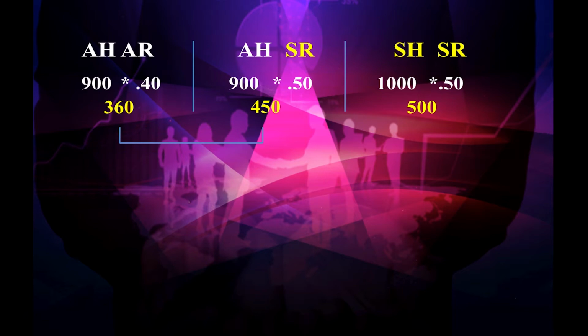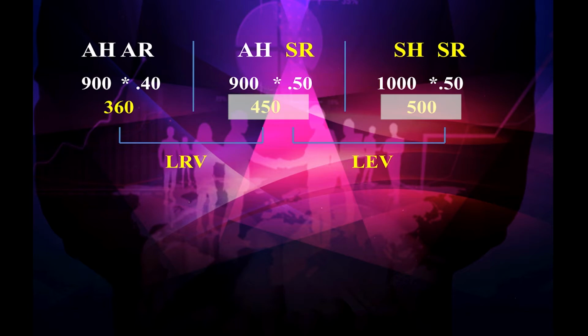The difference between the title of the column 1 and 2 is of rate. So, we will label it as labor rate variance. The difference in the title of the column 2 and column 3 is of time element. So, we will label it as labor efficiency variance, and we will apply the rule of right minus left value, meaning that product of the column 3, 500, minus product of column 2, 450, we get 50, that is labor efficiency variance, and as it is positive we write F, that is favorable.